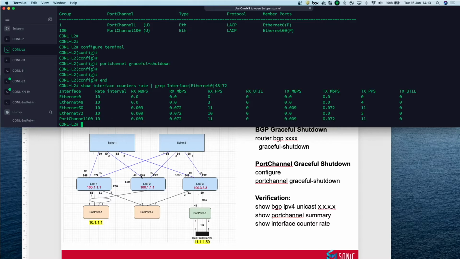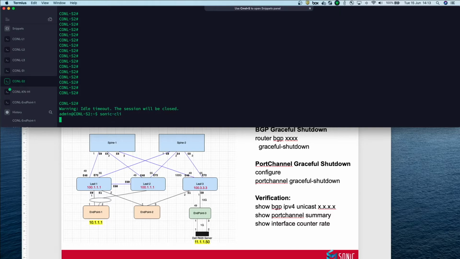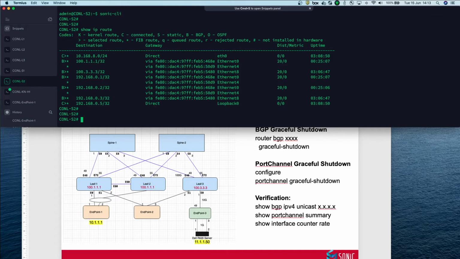So if I now go to spine 2, show IP route, you'll see that spine 2, and we are talking about 100.1.1 here, right? Spine 2 has two paths to get to 100.1.1, Ethernet 0 and Ethernet 4, and it is using Ethernet 4. Once leaf 2 has done the BGP graceful shutdown, we will see that this path should be removed. Okay, leaf 2,